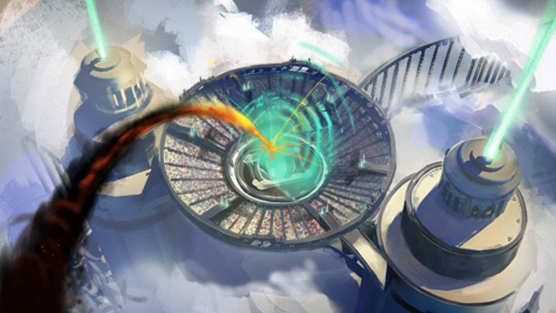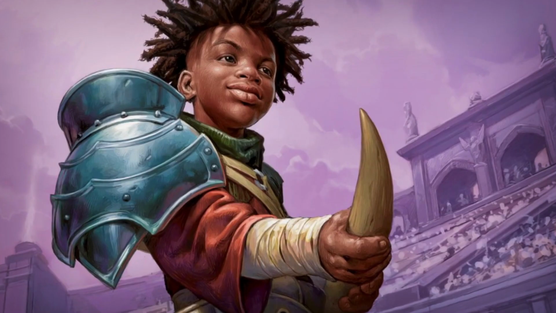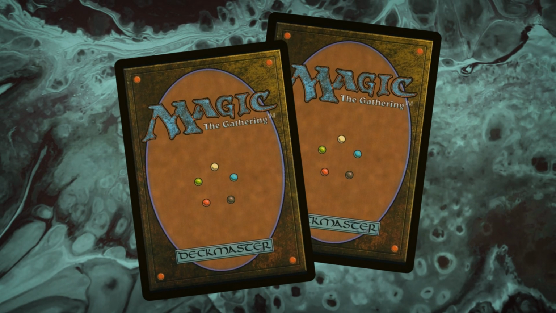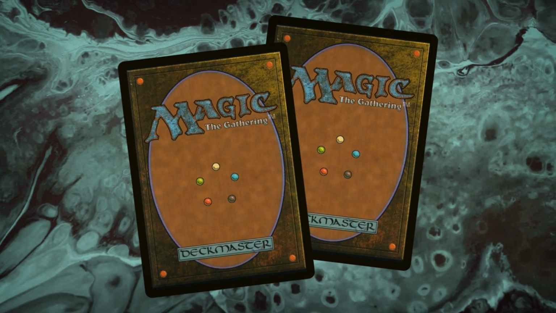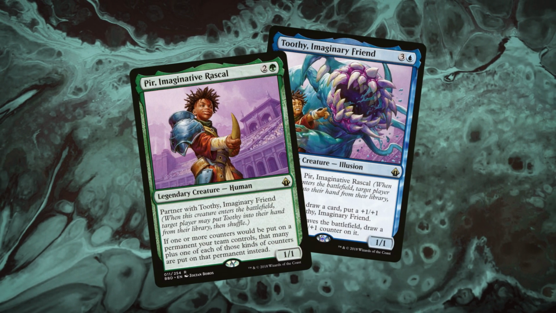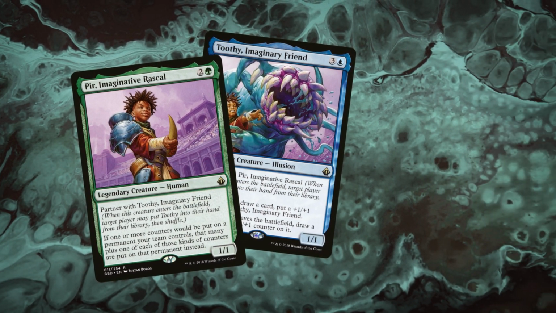A world built on battle, a coliseum, a curious child, an imaginary friend. These are the best pair of partner commanders you haven't heard of. Pir and Toothy. Pir and Toothy are a pair of legendary creatures printed in the supplementary set Battle Bond with